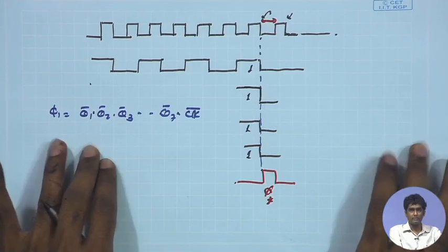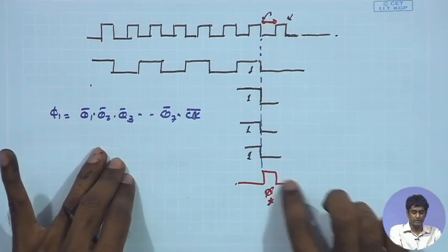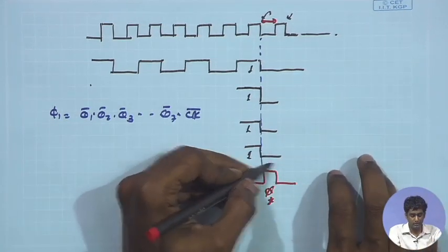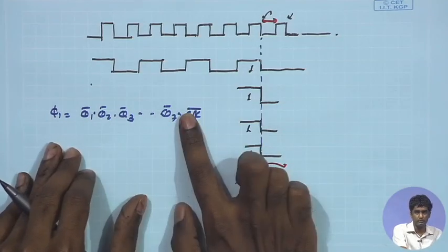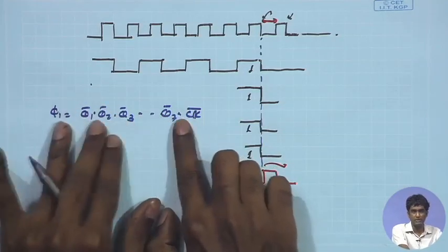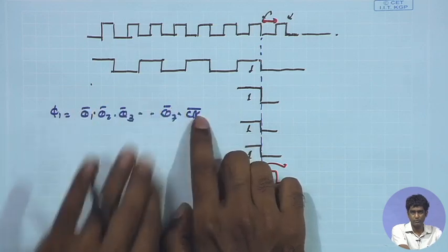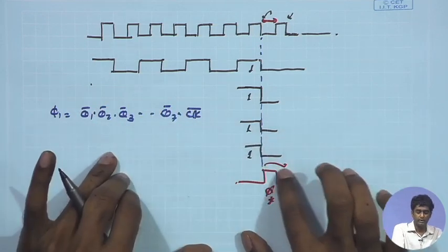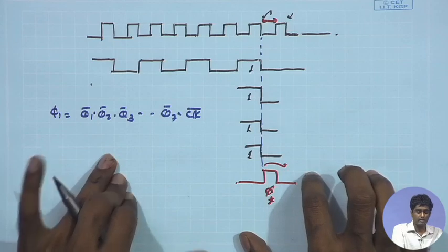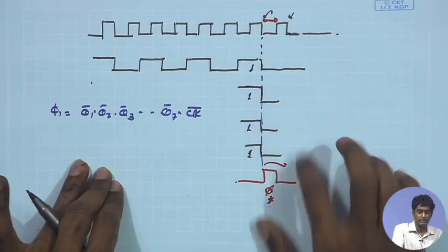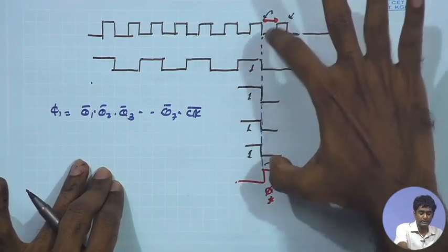Here phi 1 we can of course adjust. If you want the phi 1 to be longer, we can make it longer, then the logic required over here will be different. Here the logic implemented is simpler. You are just ANDing all this Q1 bar, Q2 bar up to clock bar. If you want the phi 1 to be longer, then you need to make sure that the counter is disabled